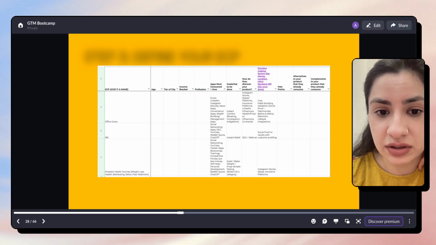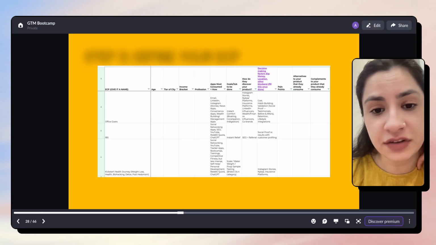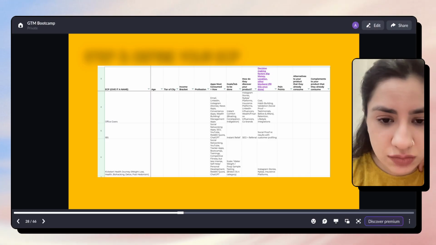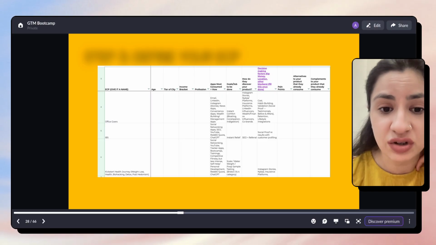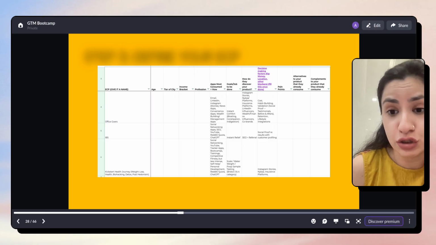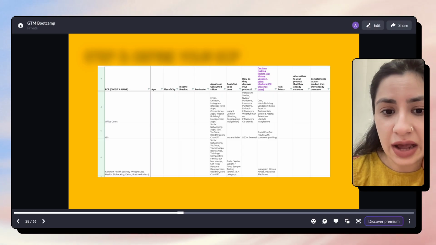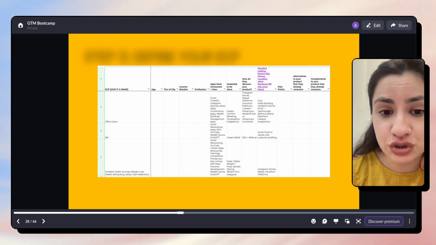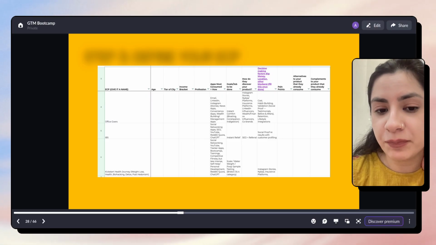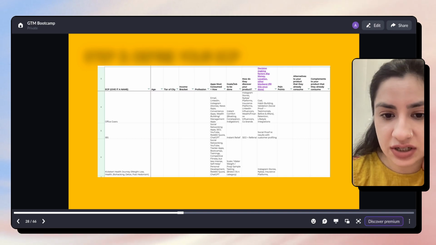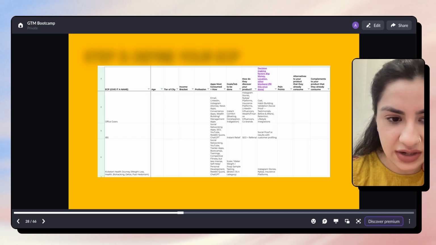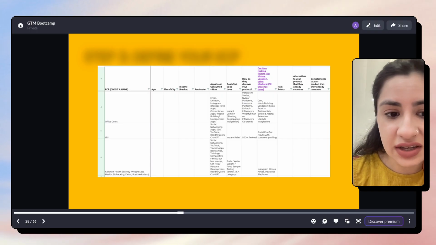How do they discover different platforms? What are the decision makers that they're looking at? Let's say someone with IBS, where they're really looking for solutions: social networking apps, but more importantly SEO, YouTube, Reddit, Quora, ChatGPT. So what kind of opportunities or channels do we have to deliver our product, to have them discover our product? What are their decision making factors? Those who want to kickstart their health journey, where do they find us?